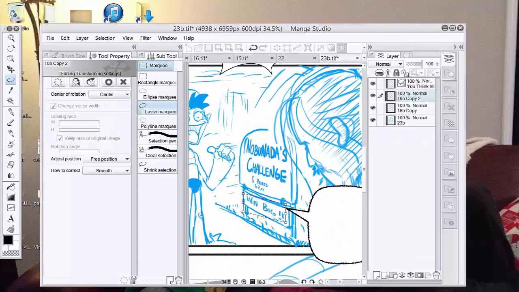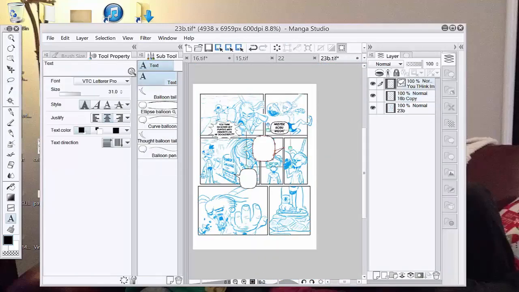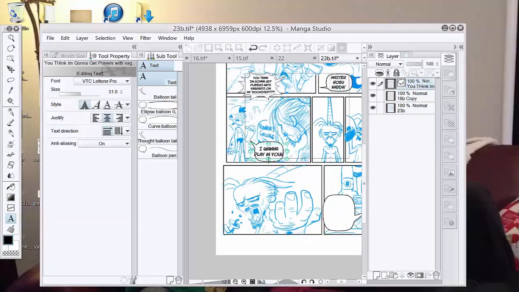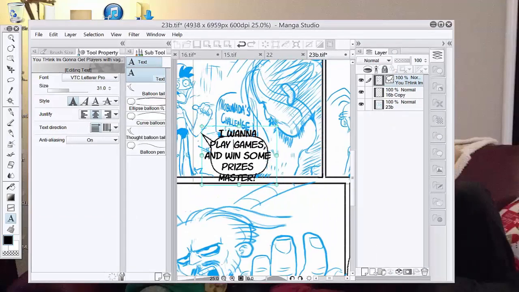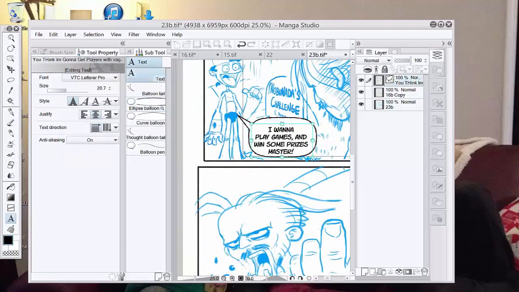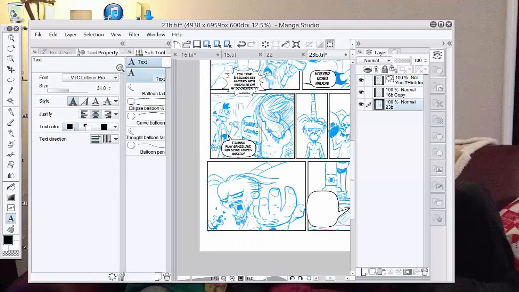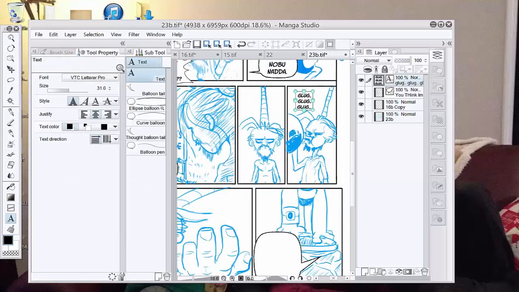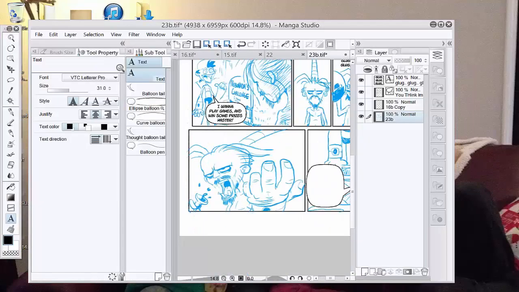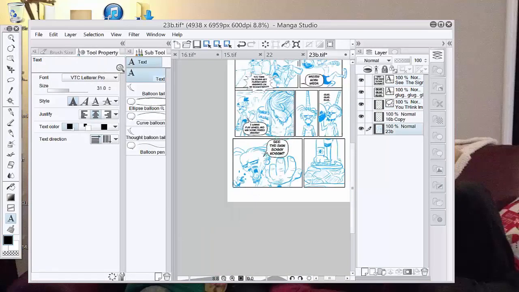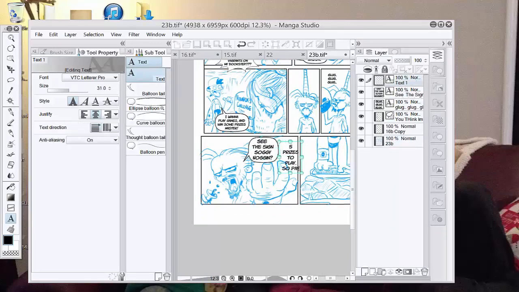Manga Studio Pro. It's now called Clip Studio Pro. I thought this thing was Manga Studio Pro, but so the way I kind of went about my dialogue in this comic, it's a little bit backwards compared to how every how-to-make-comics thing I've read, which is anytime you see comic artists doing their storyboards, they typically draw in their dialogue bubbles and their dialogue, and they do that first and then do the art around it usually.